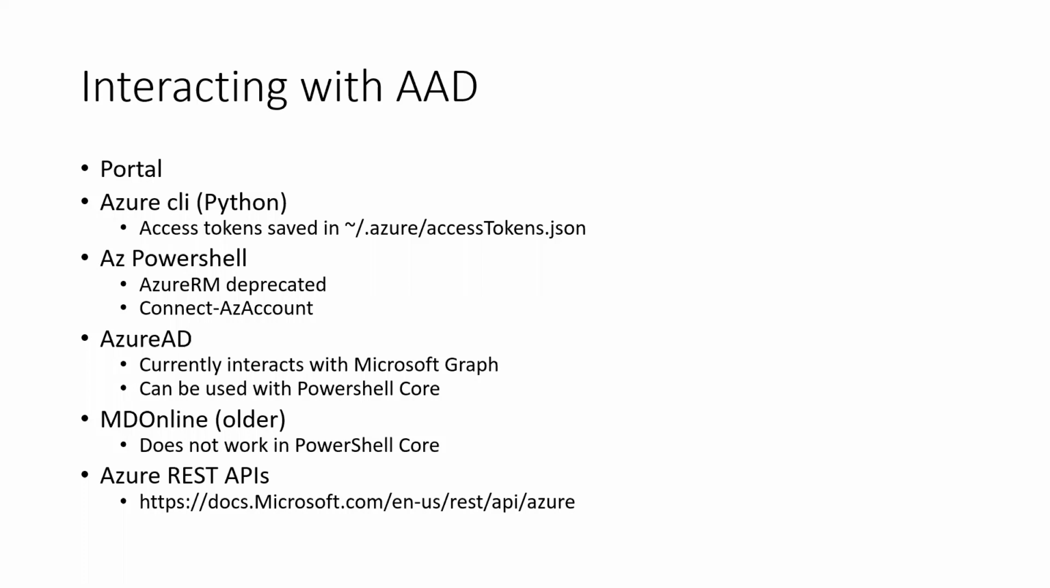There's a CLI, which is written in Python, and then you get an access. You can authenticate, you get an access token, and then you can interact with Azure AD using the CLI. There's a bunch of PowerShell modules that let you interact with the Azure infrastructure in general. Then there's a specific set of PowerShell objects. It's a library called Azure AD,